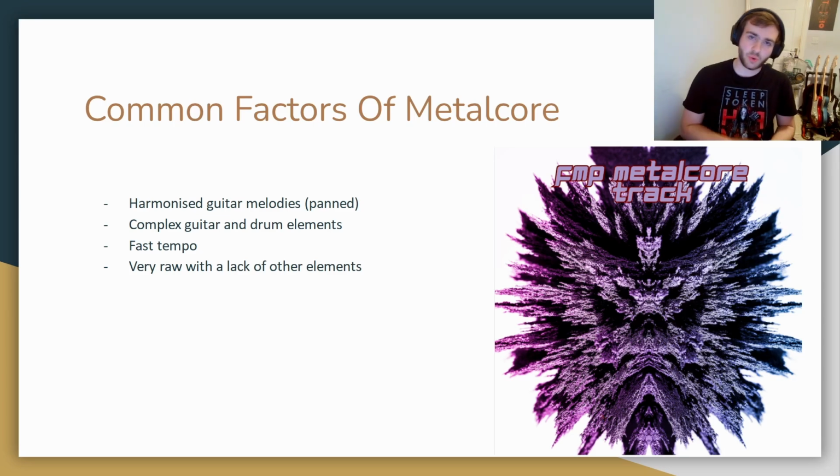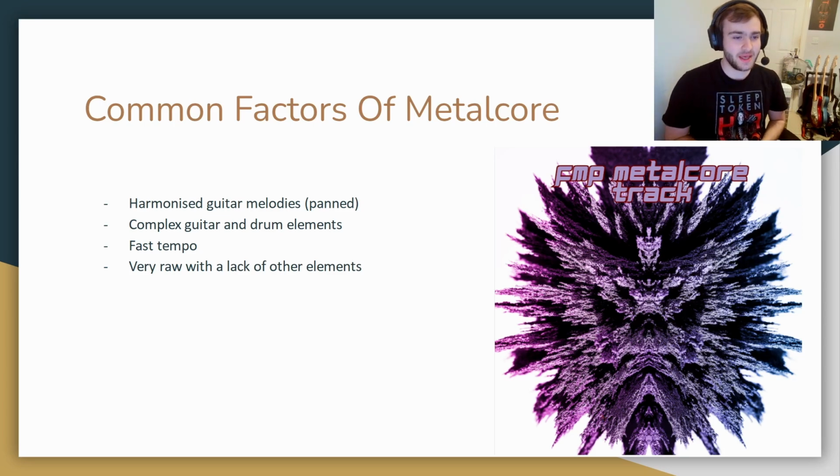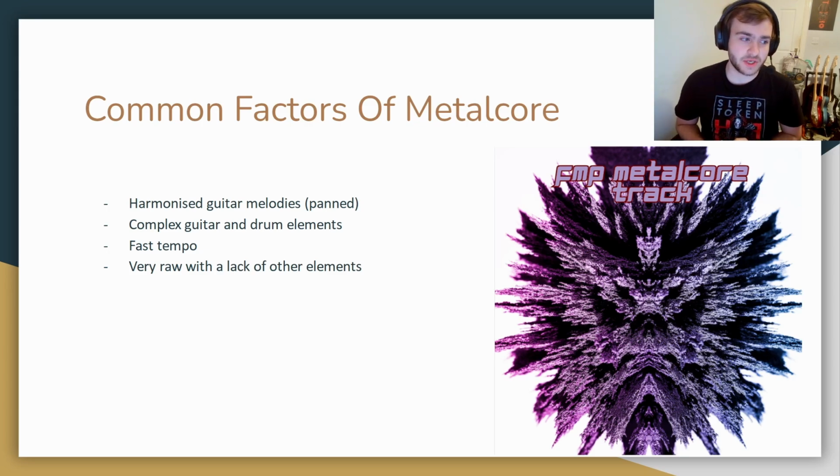First of all, the most important one, in my opinion, is the harmonized guitar melodies, which are found constantly throughout early metalcore. Tracks like The Poison by Bullet for My Valentine, and Like Light to Flies in Trivium's Ascendancy clearly show this technique, which is basically when one guitar is playing one lead and the other one is playing it harmonized up either in third or whatever the harmony is. I don't understand music theory, I just know how it sounds.